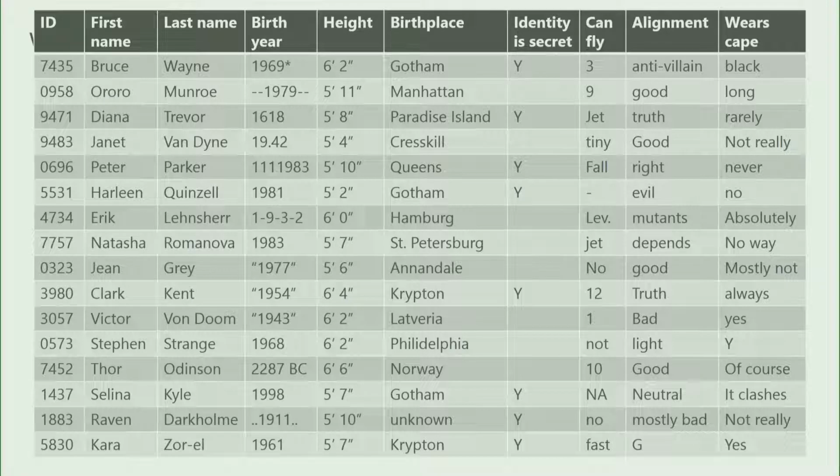And by convention, unless you're told anything else, the target variable is the very last column, often. So this data set will help us in the future know whether or not someone wears a cape once we know all this other information about them. Now, before we can use this, we need to do some cleaning. So the identification numbers, they all look like nice 4-digit IDs, no obvious repetitions, nothing badly formatted. Same with the first and last names. They all look like very nice, plausible first and last names.